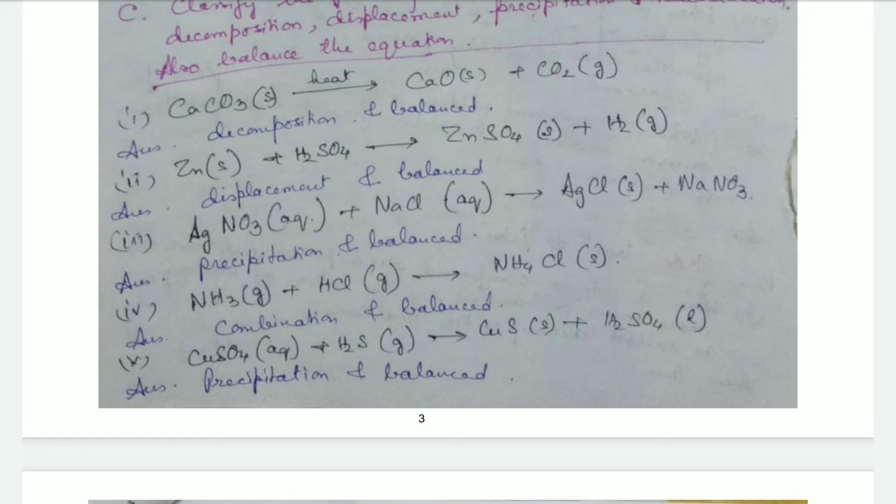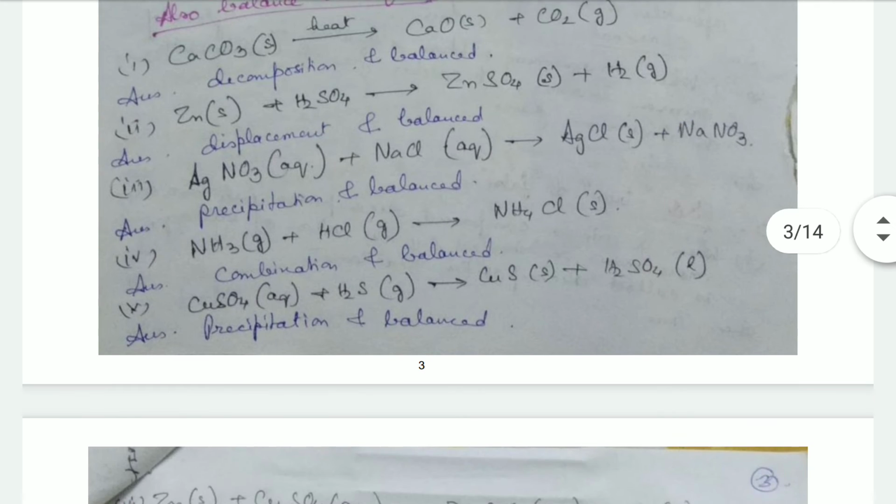Then an aqueous solution of copper sulfate, when it reacts with hydrogen sulfide gas, forms a solid, copper sulfide, and sulfuric acid is formed. Sulfuric acid is a liquid. Now copper sulfide is a precipitate, and therefore the reaction is a precipitation reaction, and the equation is already